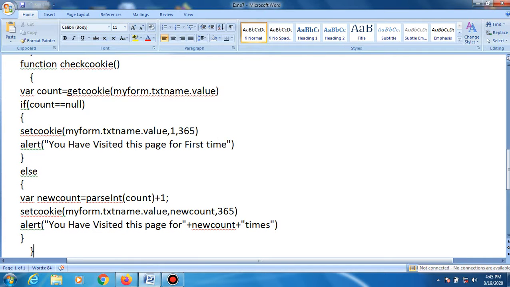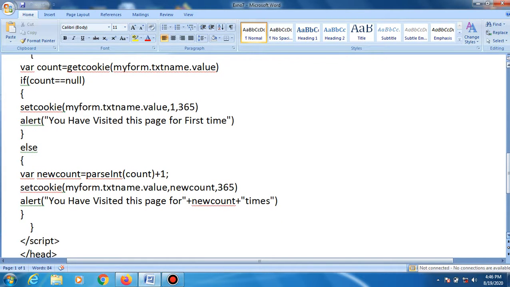Suppose this if condition is false, the else condition will be executed. That is, if you visited the first time but you click on the button a second time, the message will be displayed as you visited this page a second time, right?